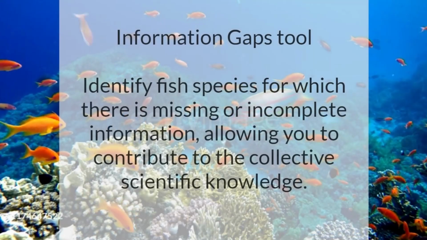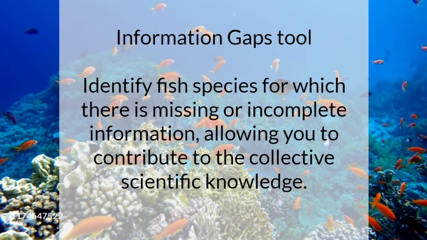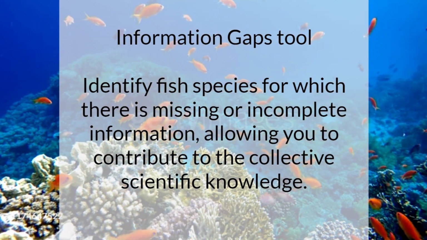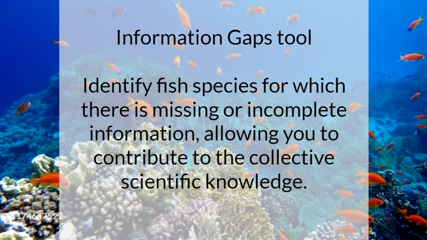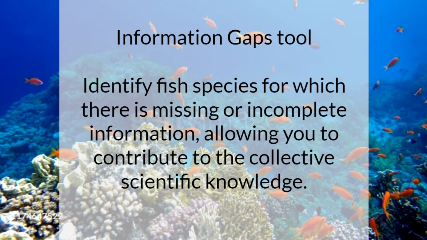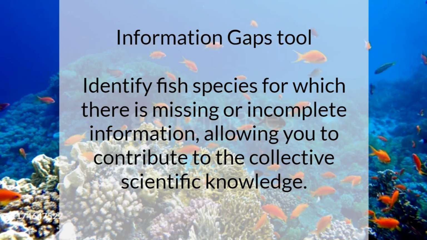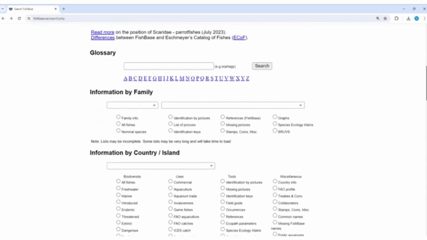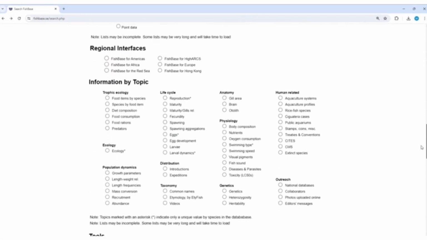We are now going to explore an incredibly useful tool in FishBase called the Information Gaps tool. With the use of this tool, you will be able to identify fish species for which there is missing or incomplete information, allowing you to contribute to the collective scientific knowledge. Let's get started. From the FishBase homepage, scroll down to the Tools section, and go to the Information Gaps tool